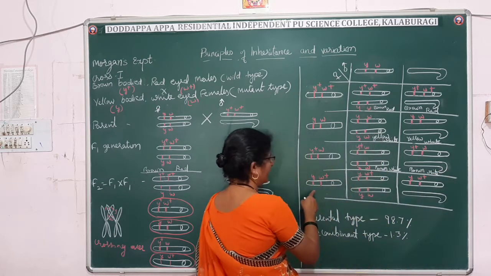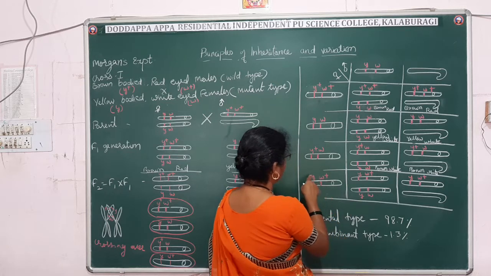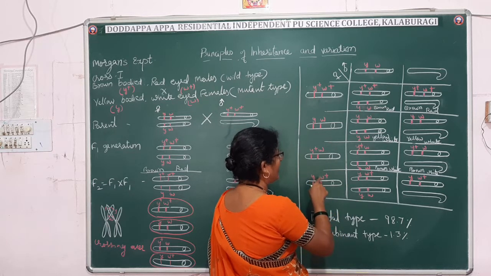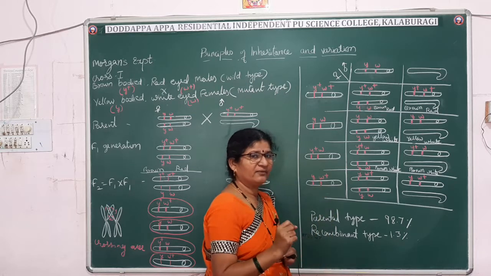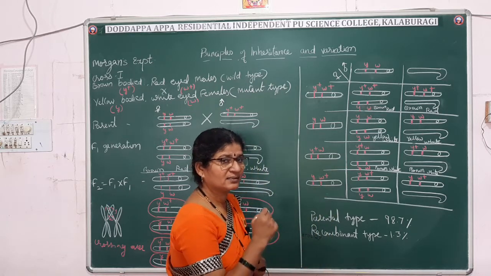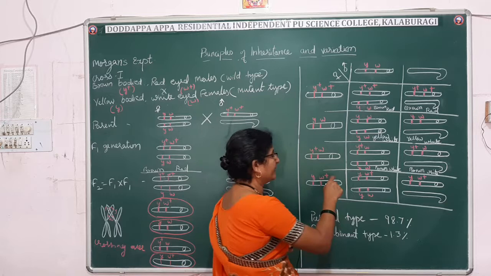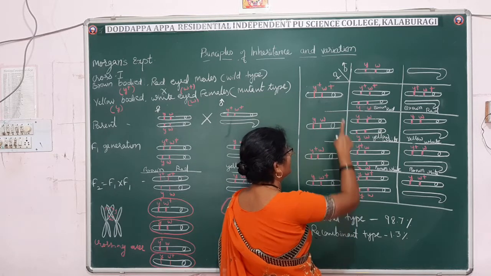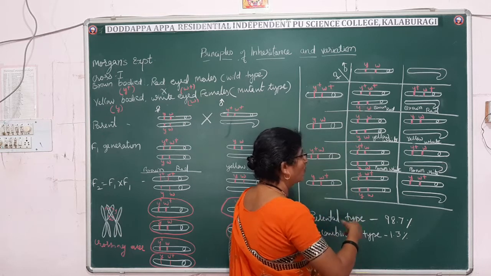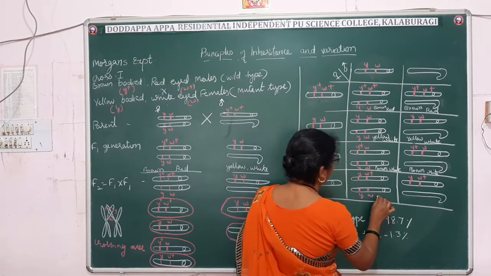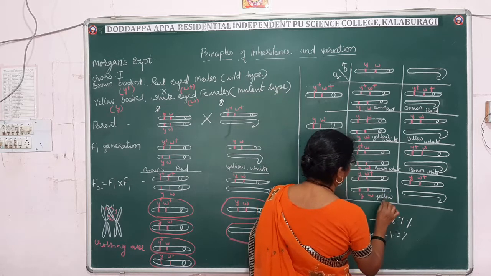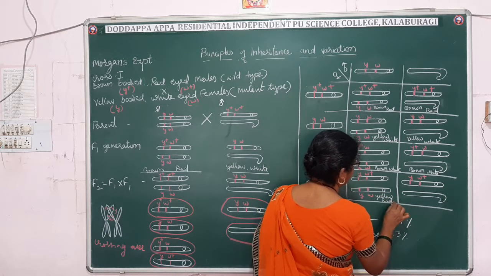And now here Y is mutant, that is yellow body color is there. Eye color gene, the gene which will control eye color is wild variety. So here this progeny will receive X chromosome from the mother and Y chromosome from the father. What kind of character is it having now? Yellow body color and red eyes.